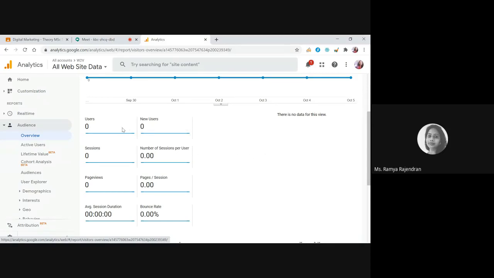So here you can see number of users, new users, sessions, number of sessions per user. So if I'm tracking it frequently, yes, that has been tracked. Page views, pages per session, average session duration, and bounce rate. So you can see all this daily wise. This is like a daily report. You can change this to a weekly report, a monthly